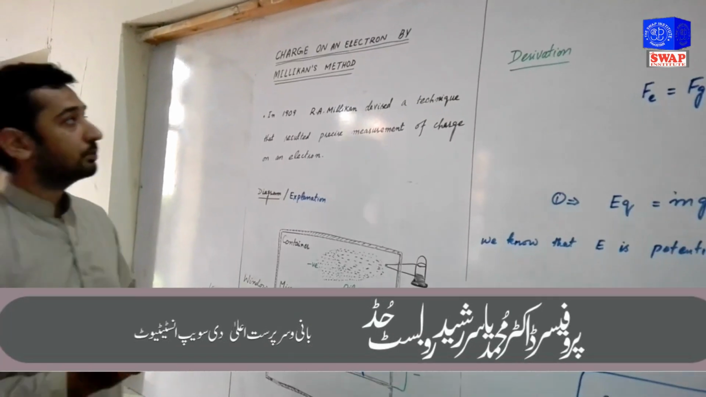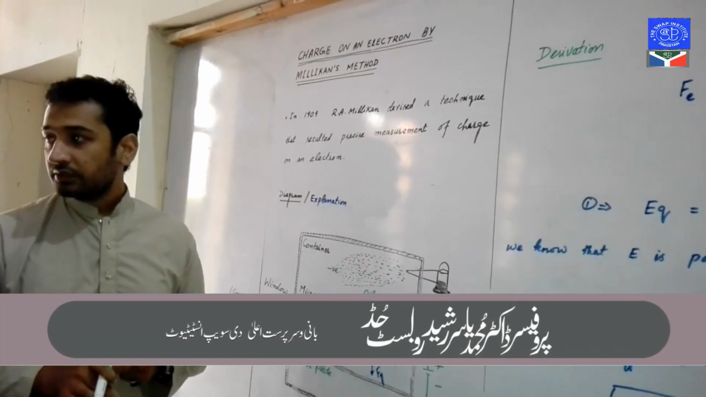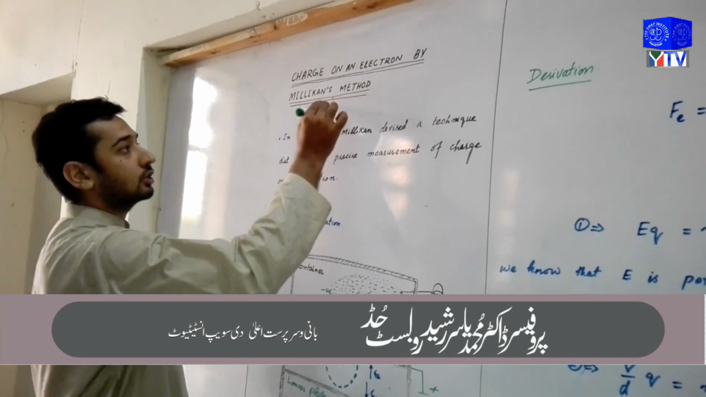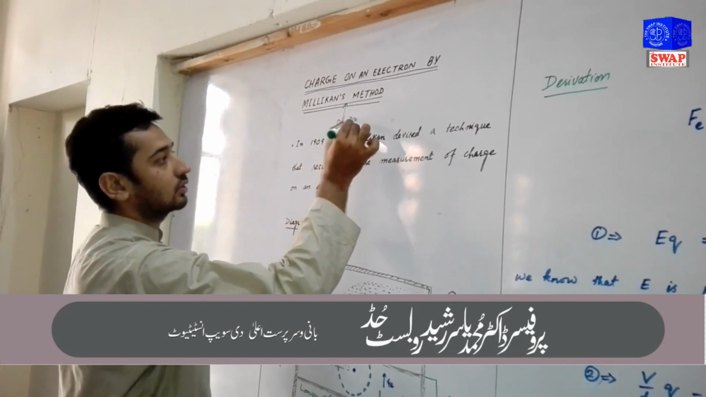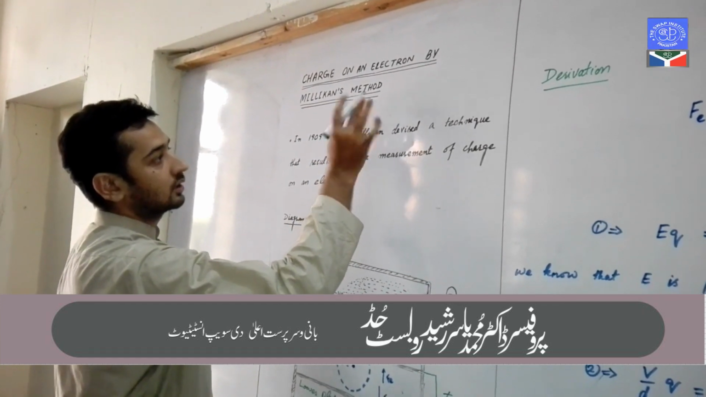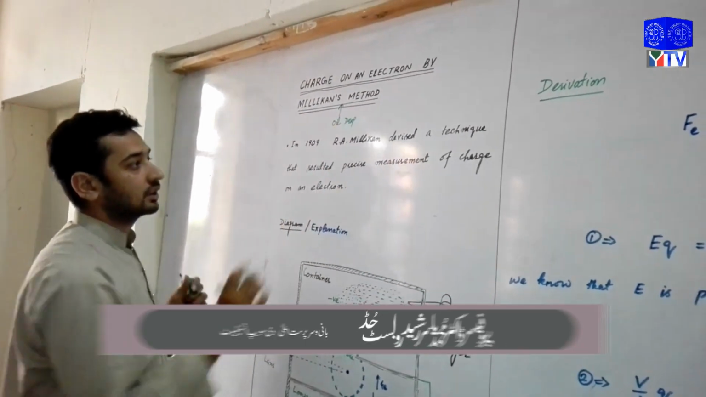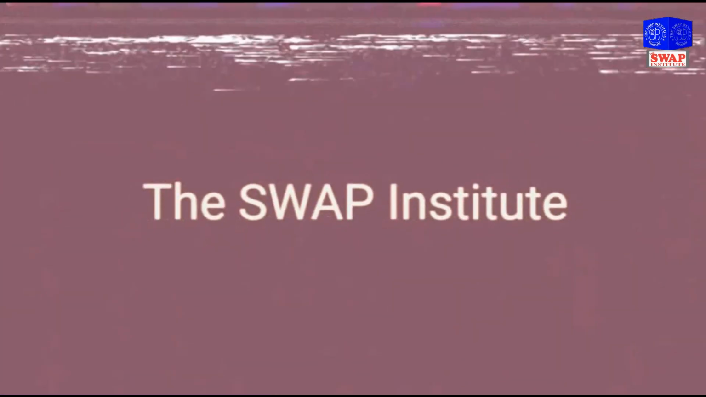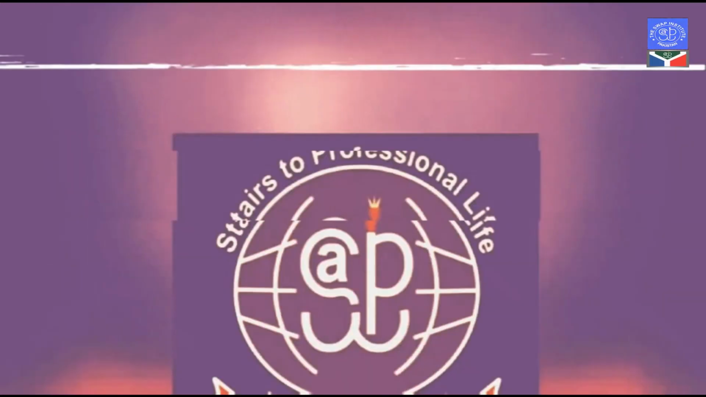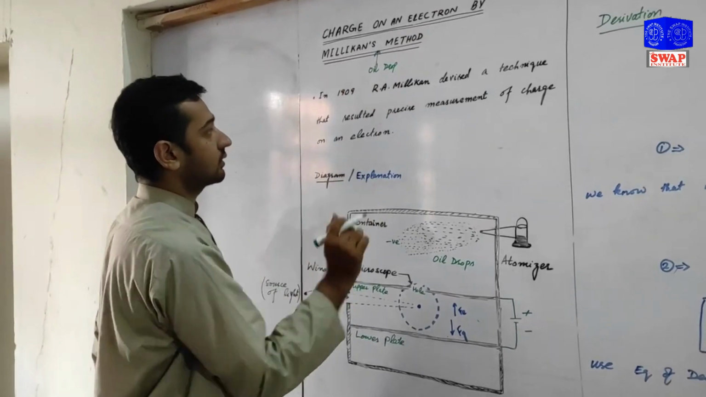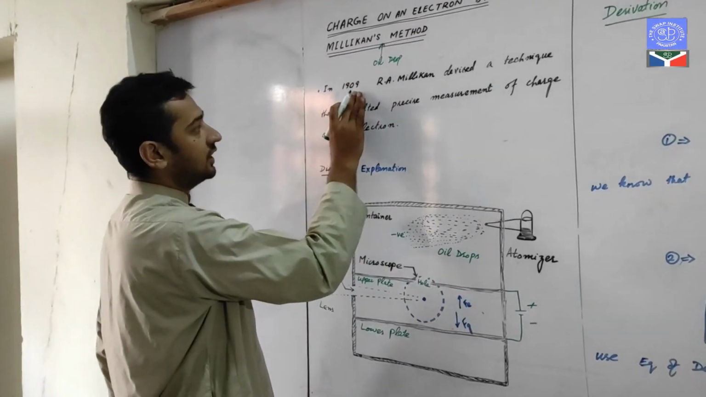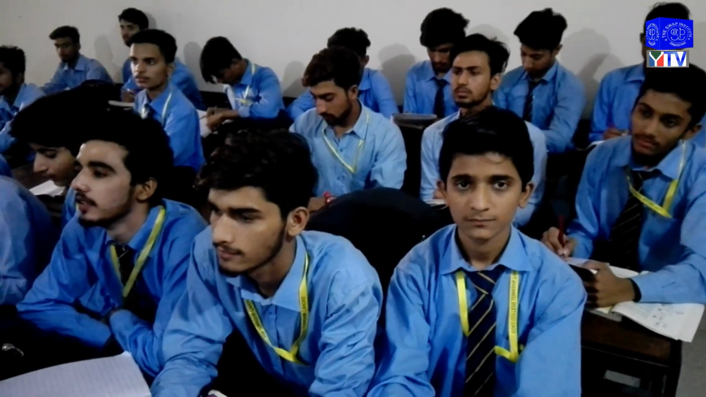Charge on an electron by Millikan oil drop method. This is another name, oil drop method. Charge on an electron by Millikan oil drop method. In 1909, R.A. Millikan